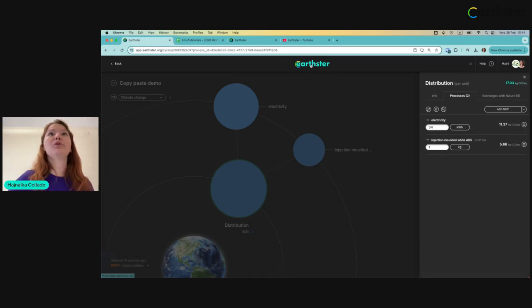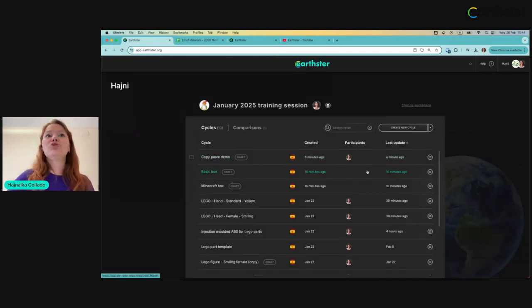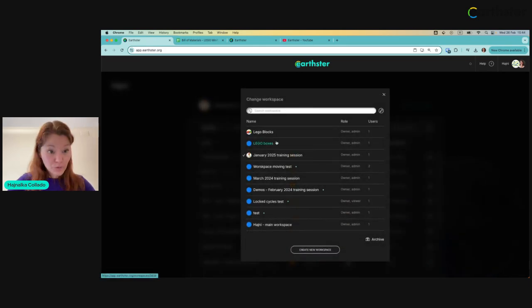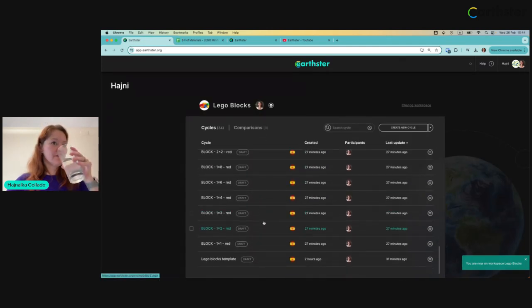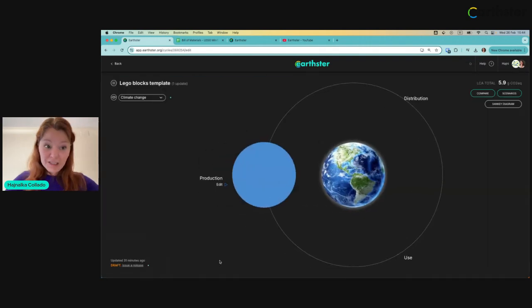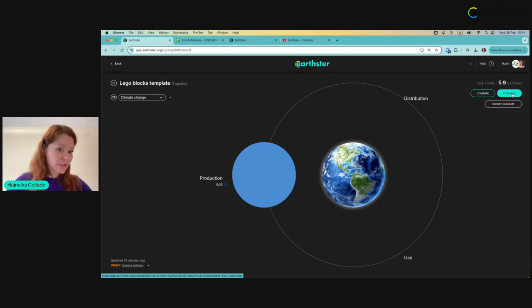Within Earthster, you're able to easily duplicate cycles, make little changes, compare them to each other. Or when you're using parameters, you can even easier compare the differences. Let's go actually see our template, how you can run scenarios when you do have parameters. And if we go here, let's find our template one, Lego blocks template. Since this had already parameters, it shows up the scenarios. So we can super quickly